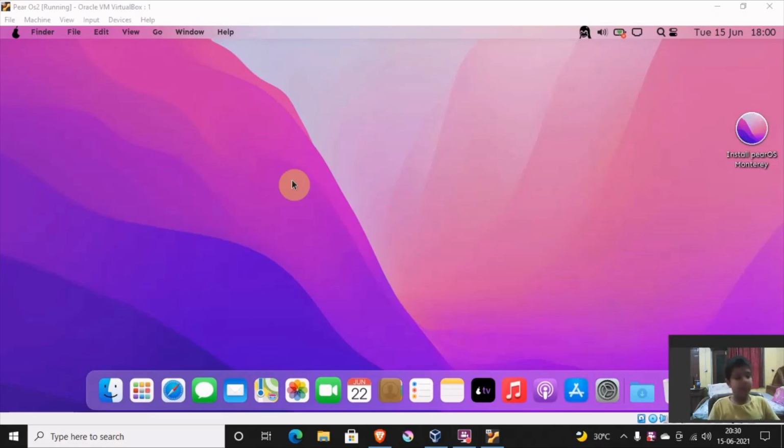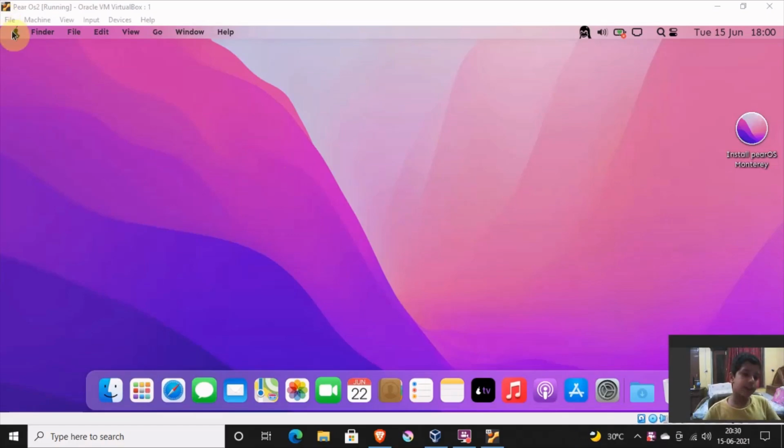So if you are a Mac user, you will be familiar with this user interface, but if you are not, then you may see this as Mac. So you might be confused whether it is Mac or Linux, but you can tell it is Mac or Linux by two things in the Monetary version.